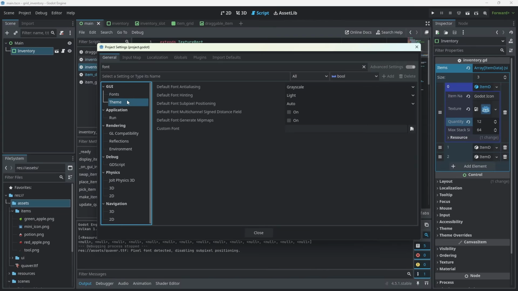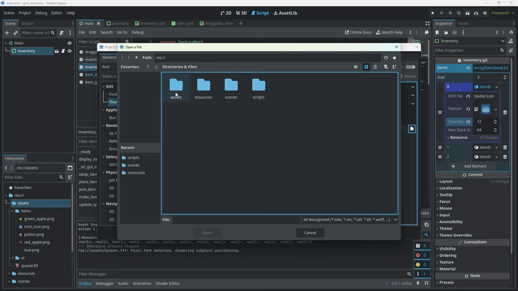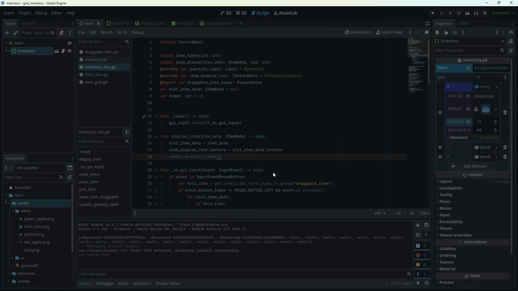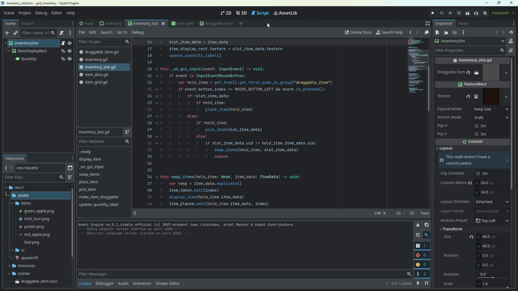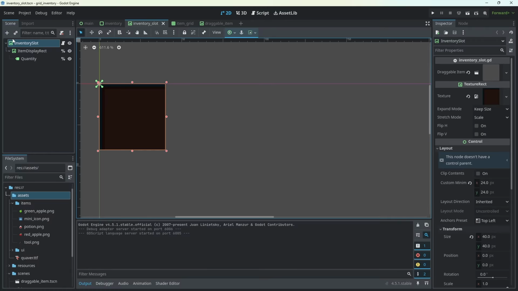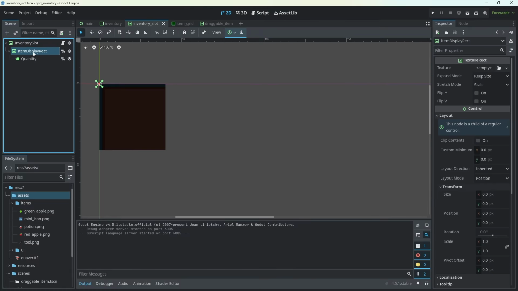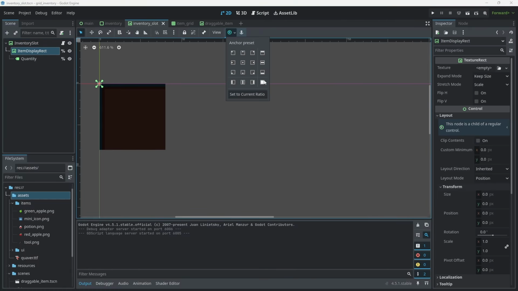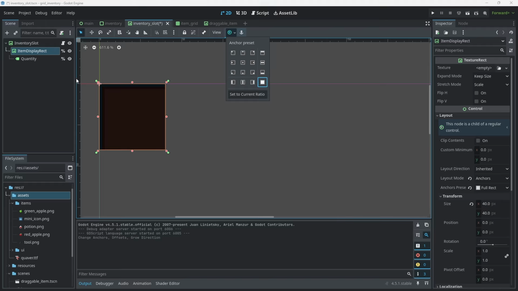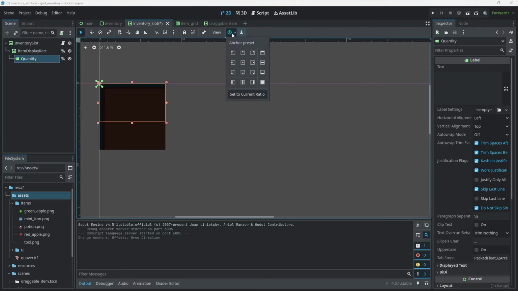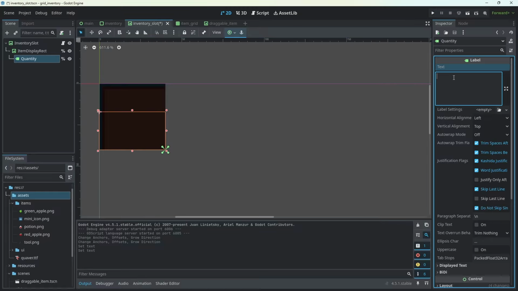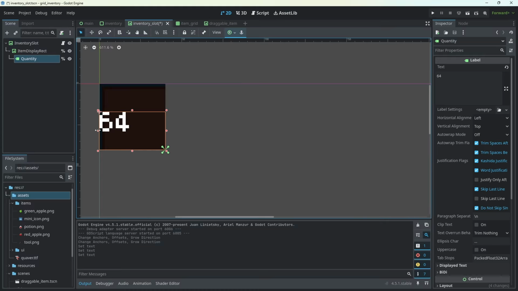and in the theme section, we're going to click on this custom font option and select our font in here. We're going to save and restart. Then in our inventory slot scene, let's go into 2D view and click on item display rect, and here let's set it to full rect, and then on quantity label let's set it to bottom right. Okay, then in here we're going to put in some placeholder values such as 64, and then let's resize it